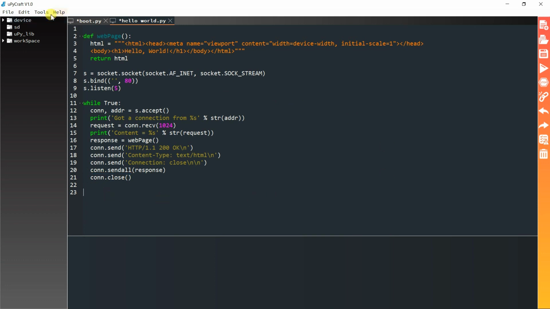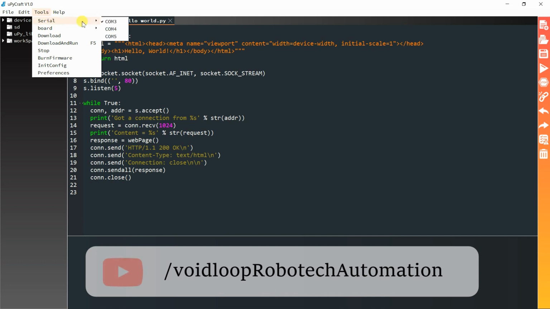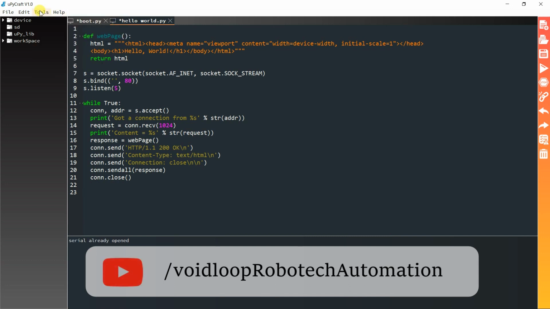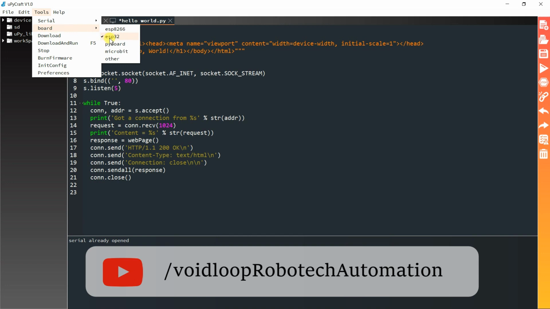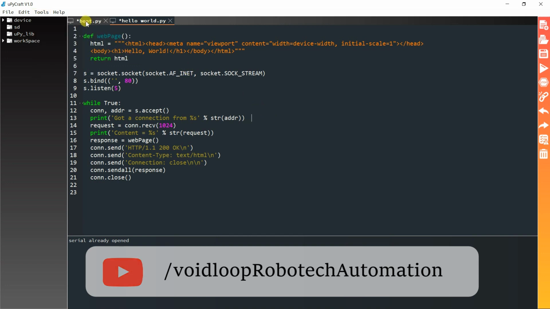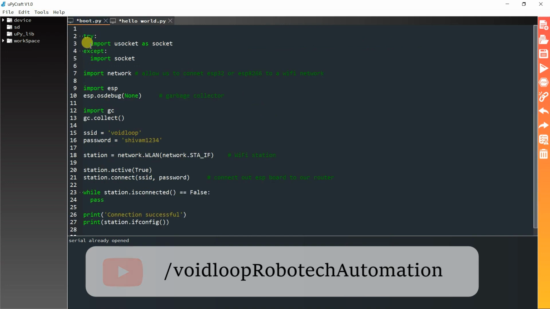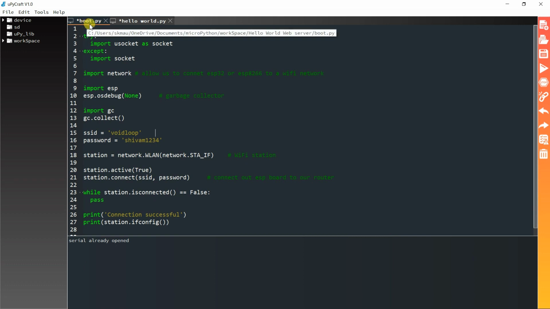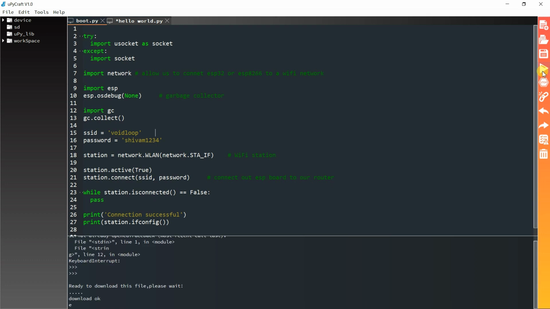Now I will connect the board. COM port 3, ESP32 is already here. First I will upload the boot.py file. I think we need to disconnect and connect again.